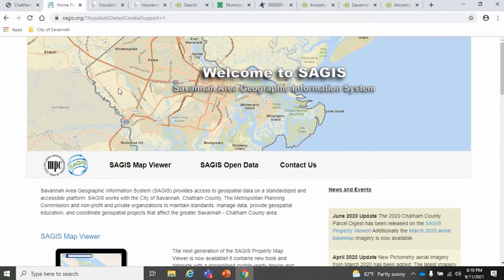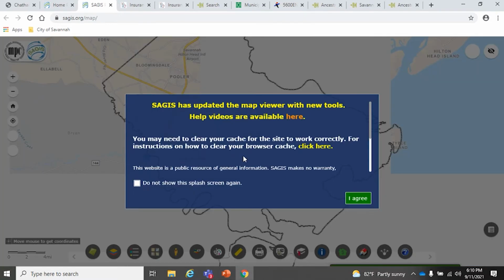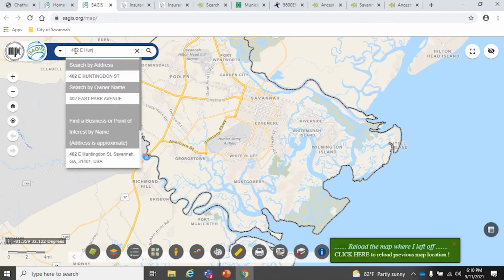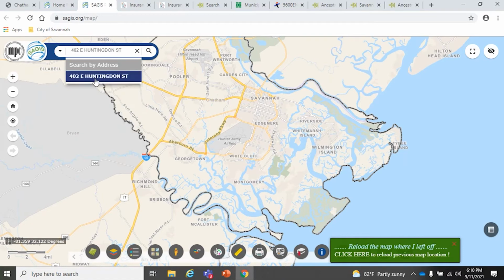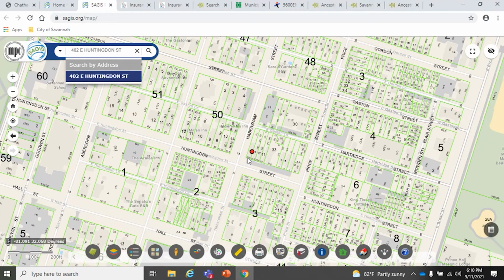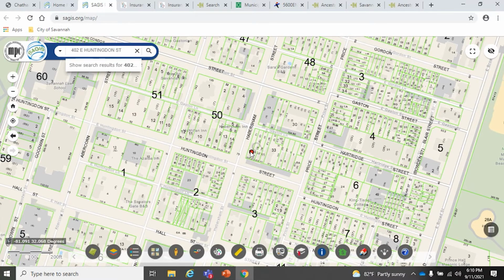If you prefer the SAGIS option, you go to sagis.org, and click on the SAGIS map viewer. It will open up this nice map of Savannah. Type in your address up here, 402 East Huntington. Great, awesome. So here we go. Here's our lot. It's on the corner of Habersham and Huntington, which also comes in handy. If you click on this,